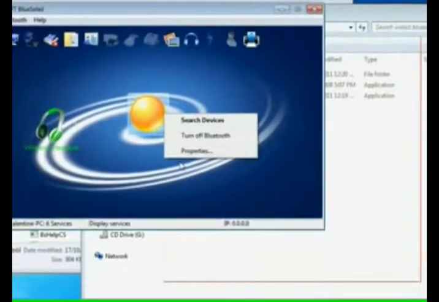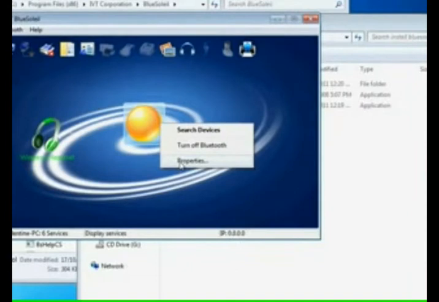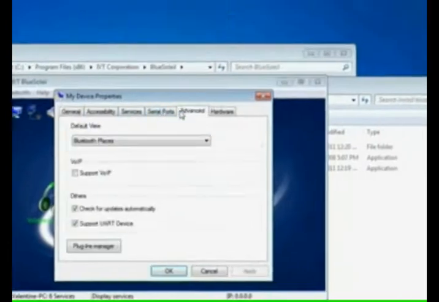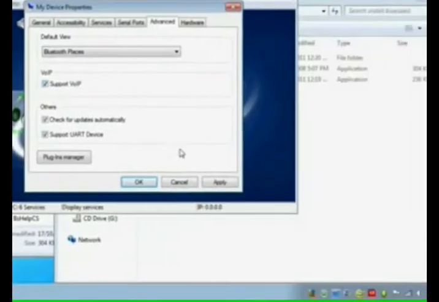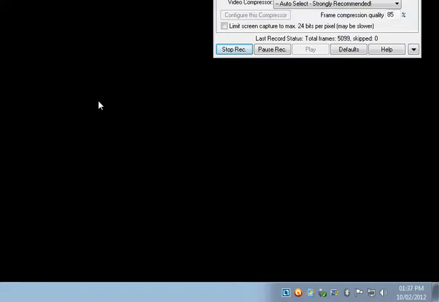Right-click the purple ball, orange ball. Left-click Properties. Go to Advanced. Enable Support VoIP. Apply. Only do that if it is not detected. Okay. Now that you have enabled support voice over IP, or support VoIP, which is short for voice over IP,